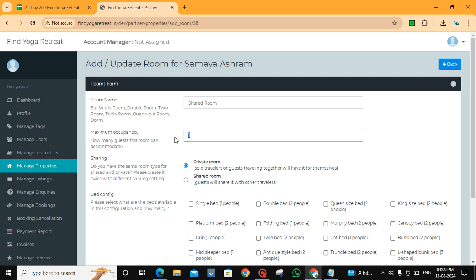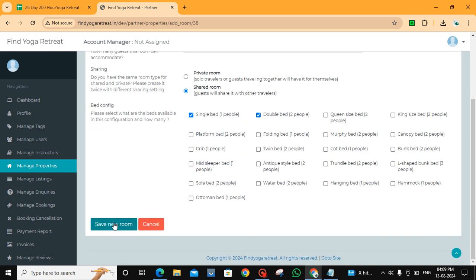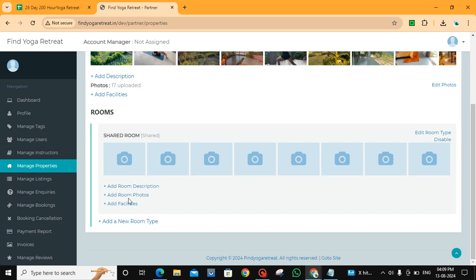Maximum occupancy and the type of room. So we can save our new room here. Now the room is added to our Samaya Ashram. Click on the shared room button, and below it, clicking on add room photos, we can now add new pictures